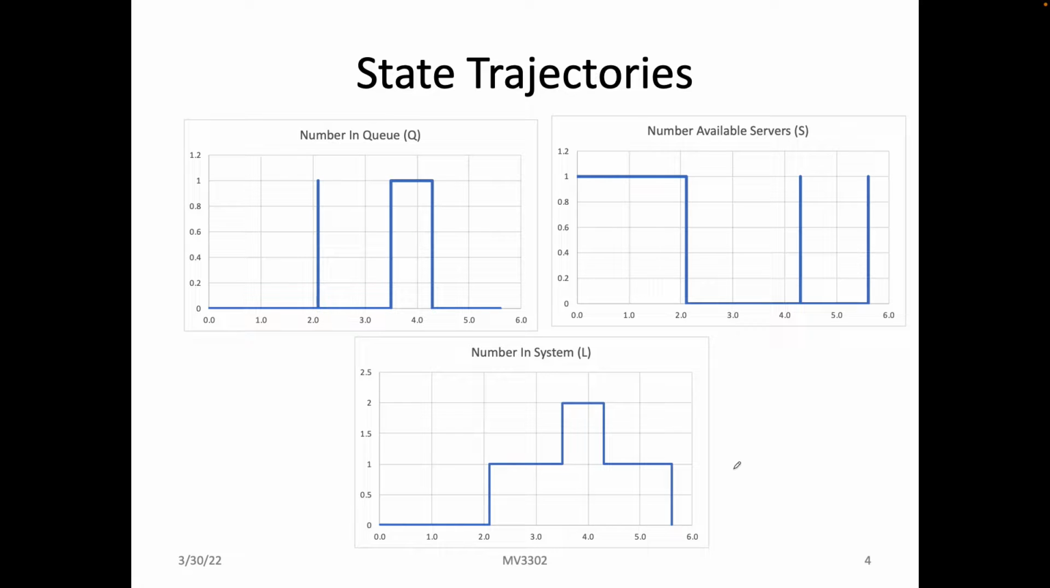And so it turns out that if we want the average, what we need is the area under the curve, and to find the area under the curve, the most efficient way of doing that is by keeping a running total of the area and then simply updating it every time a state changes. In other words, if we were to look at the number in the system, which is the most interesting one for the short amount we did,